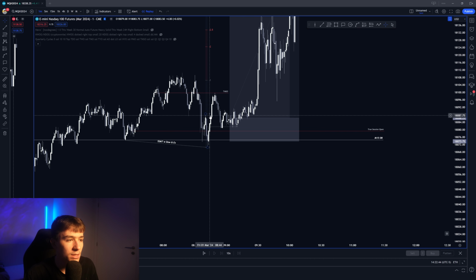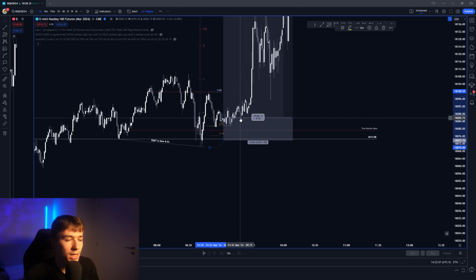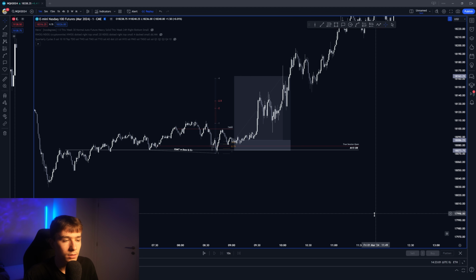Then we have a displacement, disrespecting, yeah, I mean, just a market structure shift basically. And then we end up respecting the small range inside of OTE. And then, yeah, this can be a nice long, right? So, yeah, this was